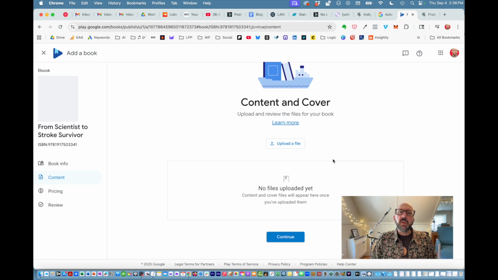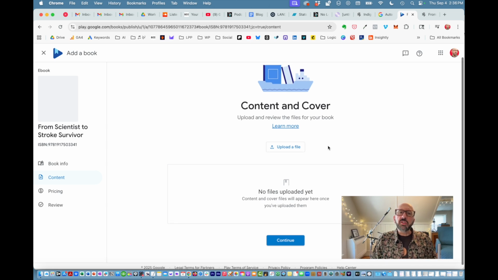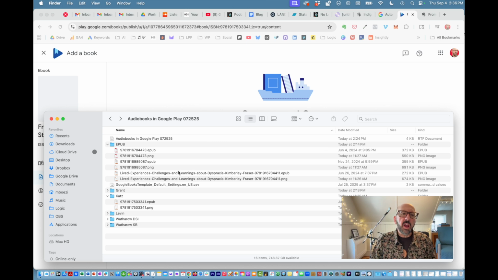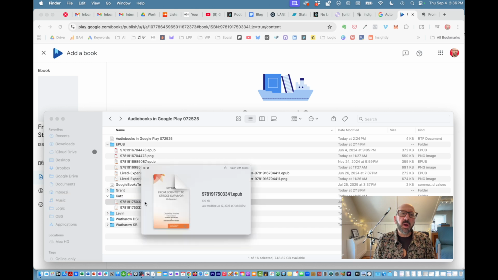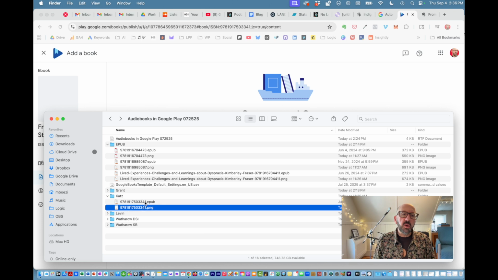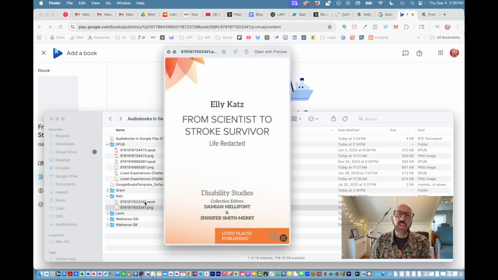Now it's time to upload our content and the cover. So what you need to get started is 2 separate files. One is an EPUB file and one is a PNG file. The EPUB is the entire book in EPUB form. And so that it presents nicely on screen, you also want the PNG of the cover itself. It will accept JPEG, but for a cover that is text heavy like this, PNG is a little